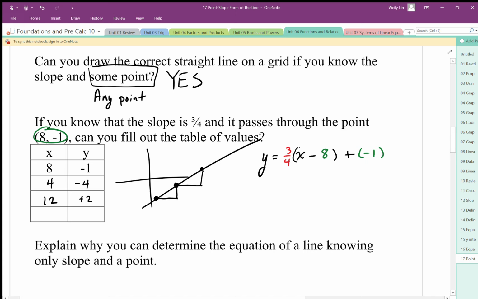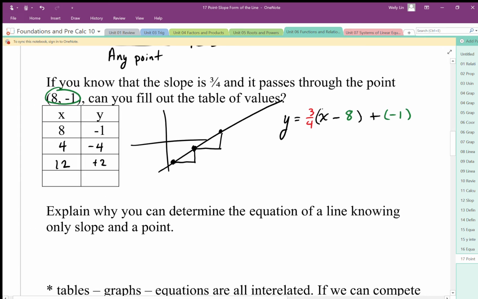And we can fill out the table of values, and we can just double check: does this table of values fit into this equation? Well, 12 minus 8 is 4, 4 times 3 divided by 4 is 3, 3 minus 1 is 2, yeah, that gives me the right coordinate. Okay, so this is my